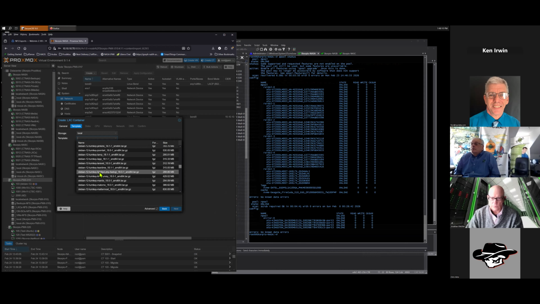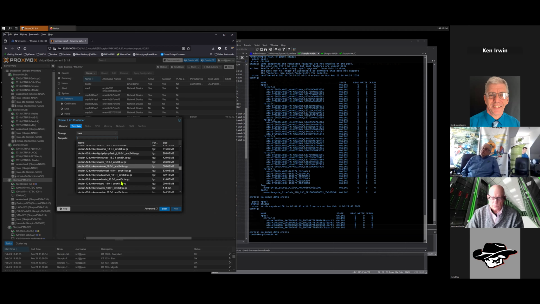Like this one is a lightweight HTTP PHP fast CGI, so basically a minimized, efficient LAMP stack. All of this stuff from us would be preloaded on your Proxmox instance.